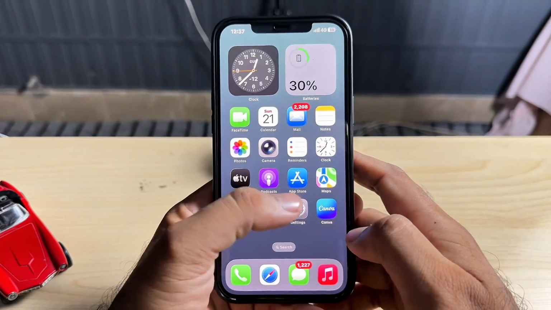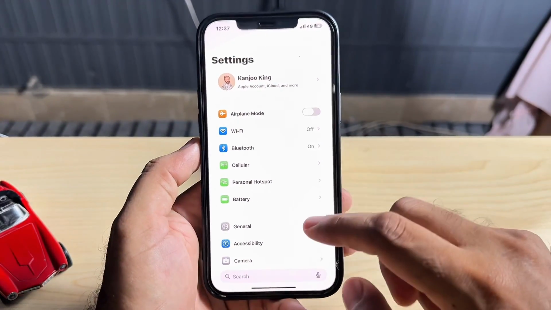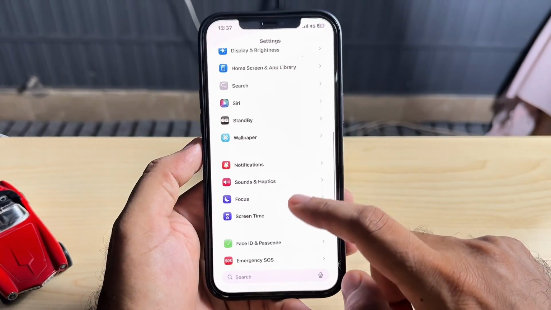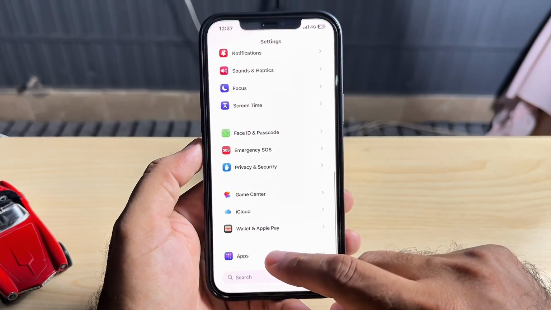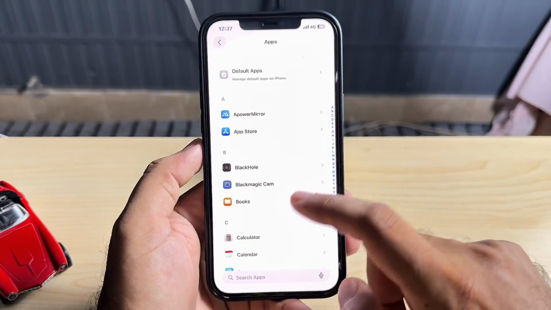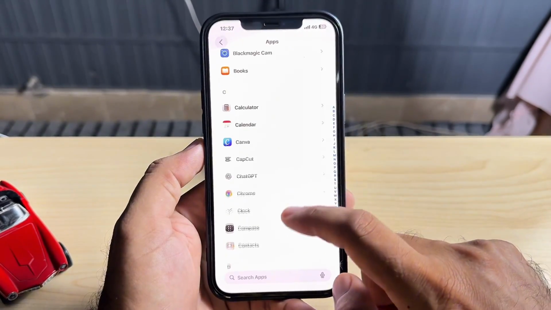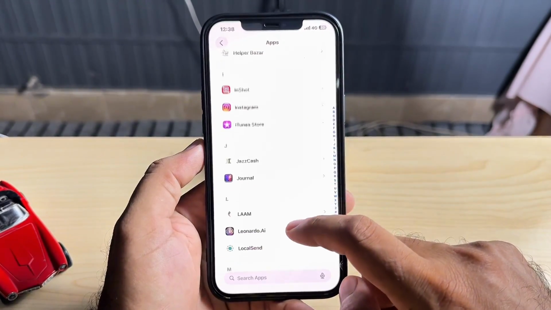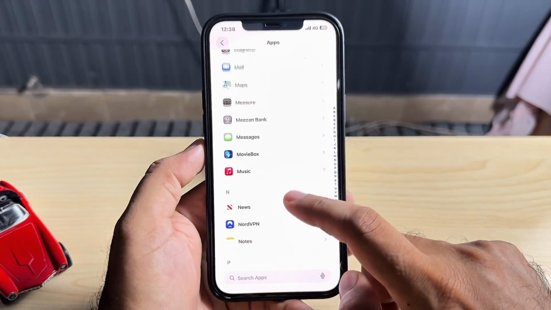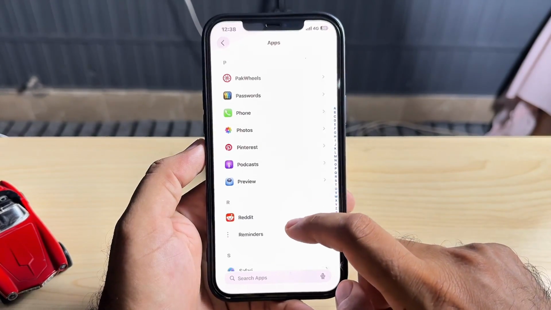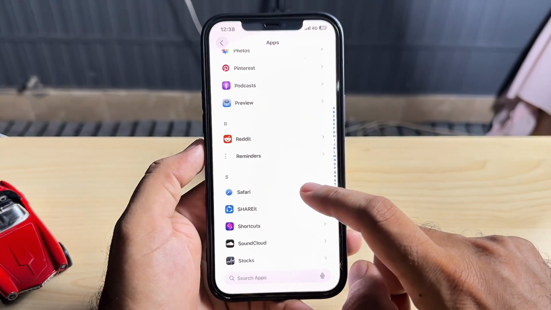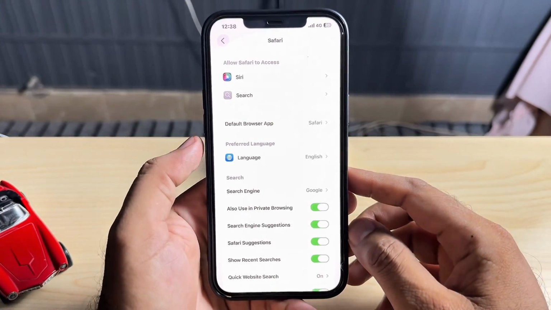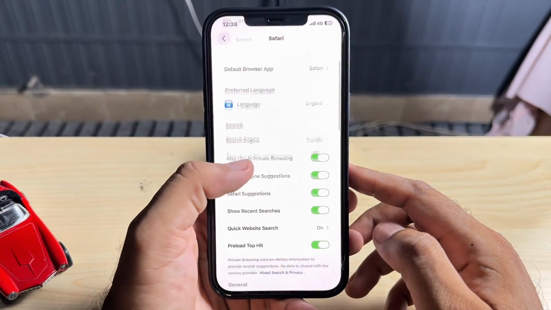Just close that and open the iPhone settings app. Okay, in the settings app you need to scroll down, and find your Safari. Tap on apps. Okay, you can see the screen right now. Scroll down and find your Safari. As you can see right now, Safari is here. Just tap on that. Okay, after tapping that you need to scroll down again